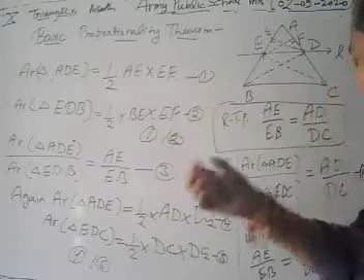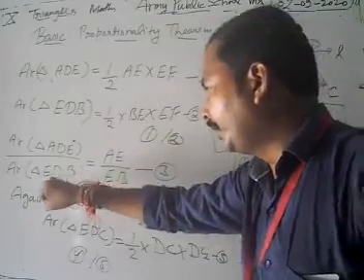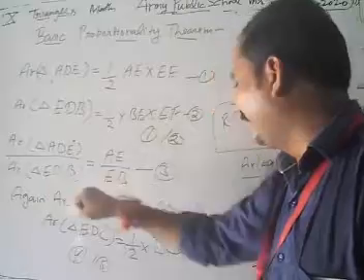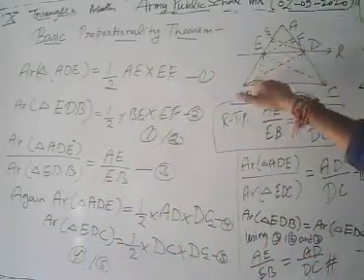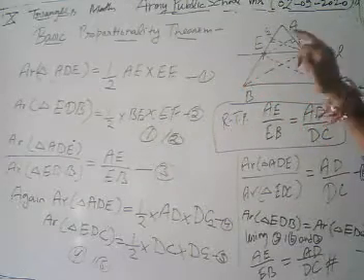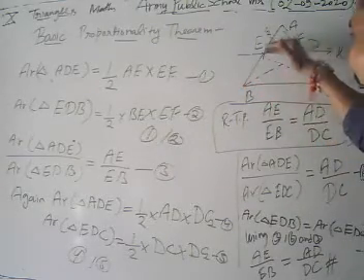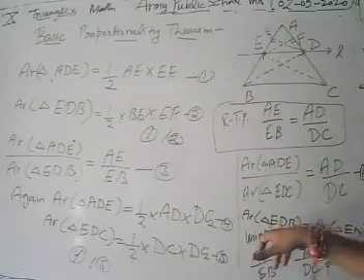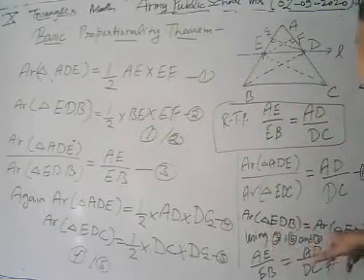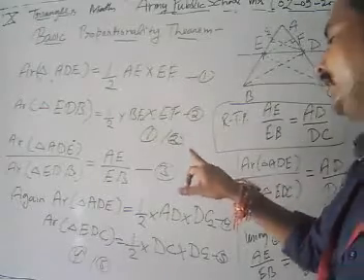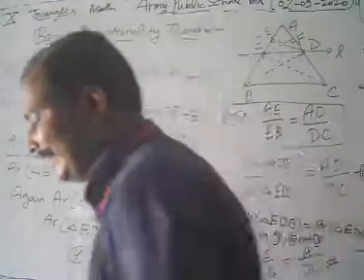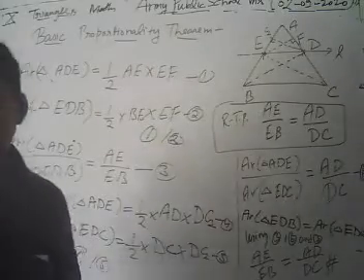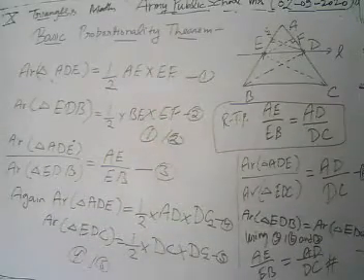To prove it, what are we going to do? We are going to prove that the area of triangle EDB is equal to the area of triangle EDC. Why? Because both triangles EDB and EDC are lying on the same base ED and between the same parallels ED and BC. Then the areas are equal. Making this equation number 7, then by using equation 3, equation 6 and equation 7, we have AE upon EB is equal to AD upon DC. This is our proof of the basic proportional theorem.